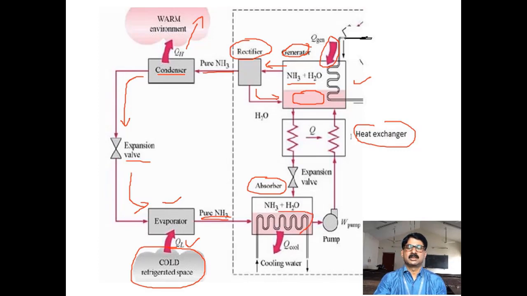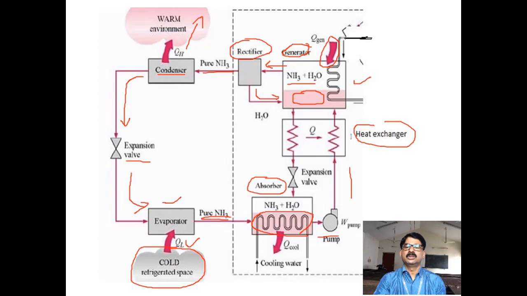So this part is the water. Here this water absorbs this ammonia and becomes a strong ammonia water solution. Here the cooling water is circulated through this liquid so that the heat of this is removed to some extent. And this strong ammonia water solution is pumped to the generator,